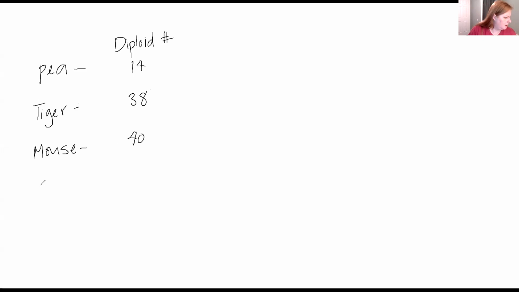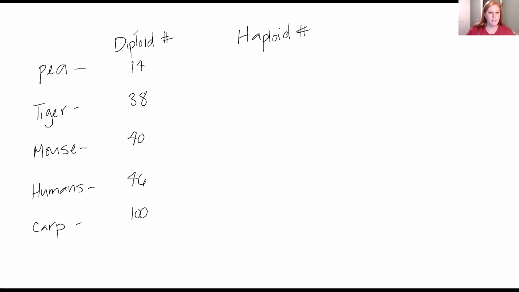and then I have humans, carp. Okay, so this is the diploid number. For just a second, I want you to take a look at the diploid numbers of these different species and tell me what you notice about the numbers themselves. You should notice that they're even. They're all even numbers. Because then when we split them in half,